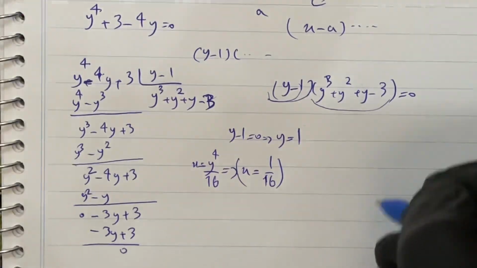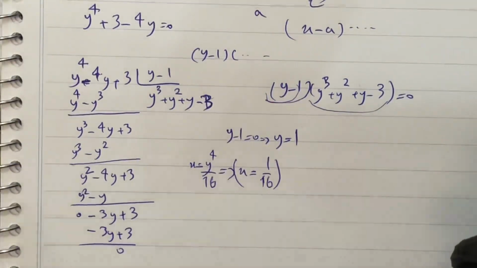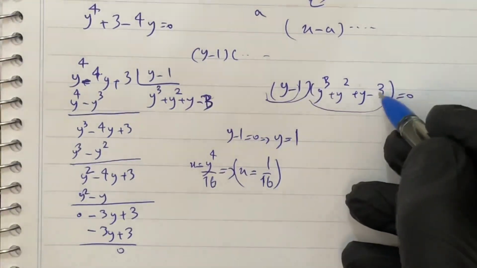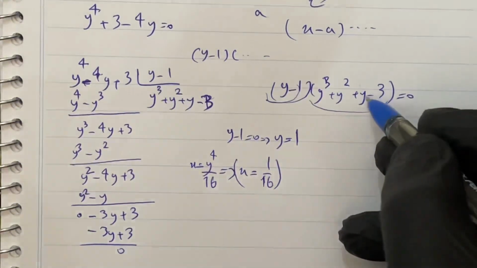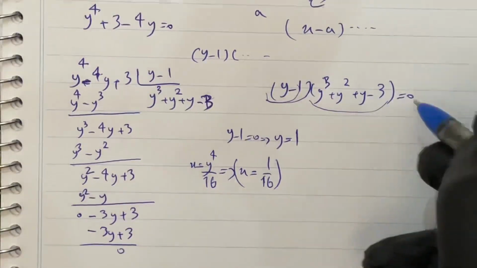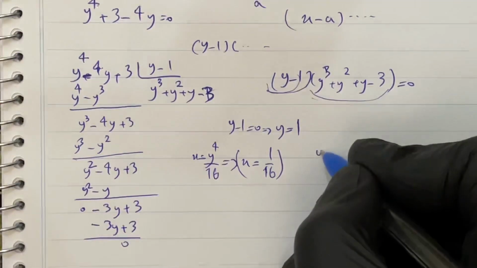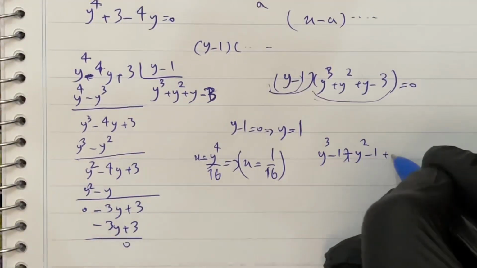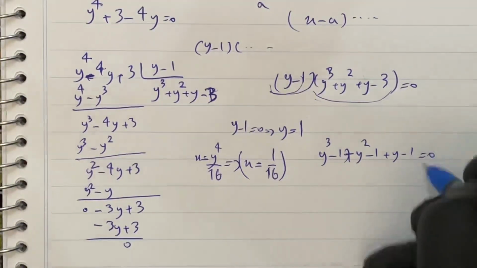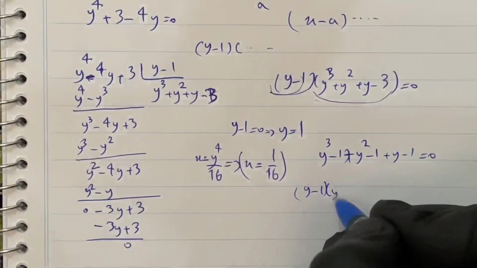And we can also divide a y minus 1 from the other factor. Negative 3 is negative 1 plus negative 1 plus negative 1. So for this equation equals 0, we could write it as y^3 minus 1 plus y^2 minus 1 plus y minus 1 equals 0. So if you do a quick factorization, we would have